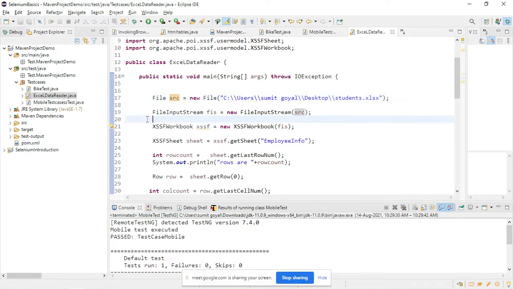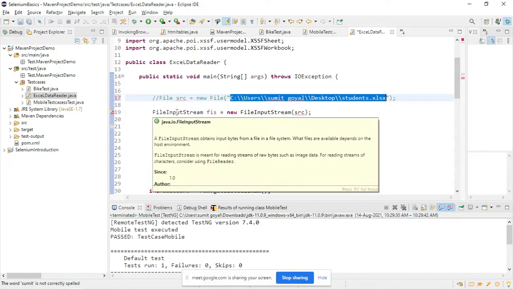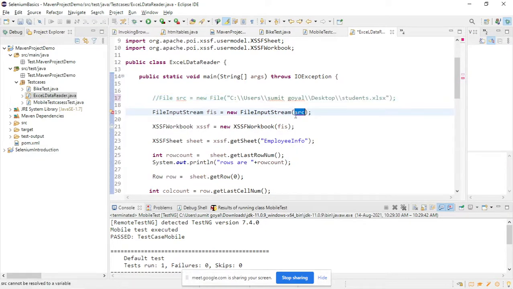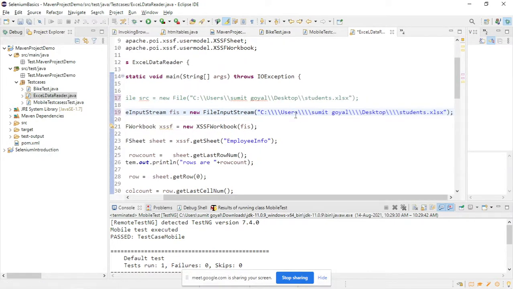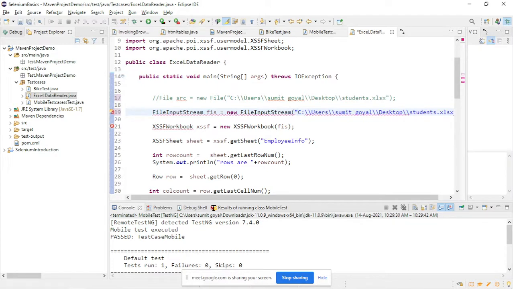Now I will create one more class, which is FileInputStream. So you can do one thing. Let me comment this out as of now. So let us start from this one as well. We will see that later. So first you need to create the FileInputStream object. This class is capable of reading the file, right? So that's why we are using this class. So this class can read your file, which is your Excel file here. So create the object of this class and provide the file path. So this is like you can do, or you can do this way. Provide this variable here. You can do it both ways. So let us see as of now only this one, how we can do it with the help of this one.